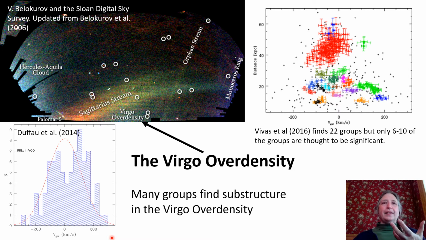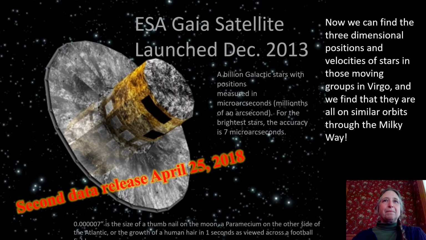What's going on here? In 2016, Kathy Vivas found 22 groups that were isolated in position and velocity in the Virgo overdensity. She thought maybe only 6 to 10 of the groups were significant, but what the heck? 6 to 10 groups all in the same part of the sky? It doesn't make sense. What does this mean? It was a mystery. The mystery was solved when we got data from the ESA Gaia satellite, which measures very